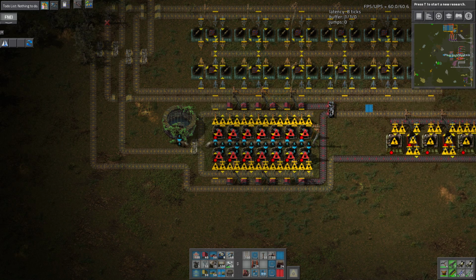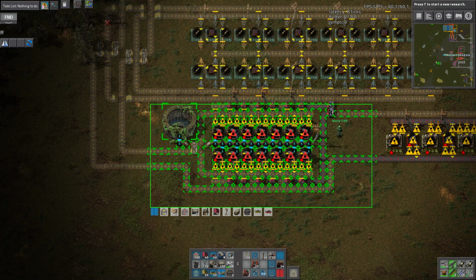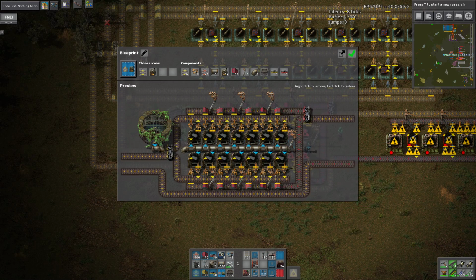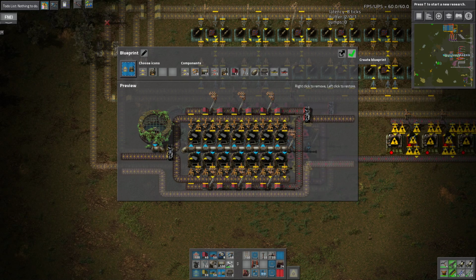I ran out of undergrounds. Do you have any red undergrounds? Yeah, I do. No, I think we should just put it back to yellow anyway, because it doesn't need to be red. Do you have enough yellows to actually build it, though? Oh yeah, I've got a metric ton of yellow. Okay, then what I'll do then...